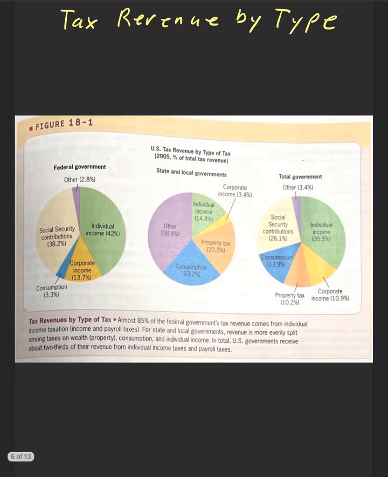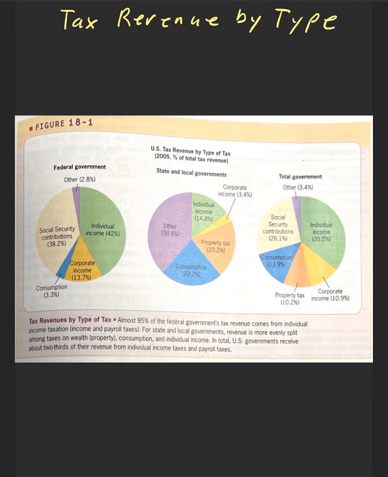Okay, so it's really interesting to look at the different tax revenues by type, by the different levels of government. So look at the different levels of government and how each collects tax revenue by type. So let's take a quick look here. Your federal government obviously makes a bunch out of individual income, a lot of corporate, very minimal sales, and then of course payroll, right? So a lot of payroll, a lot of income taxes from the federal government, and then a good amount from corporate.